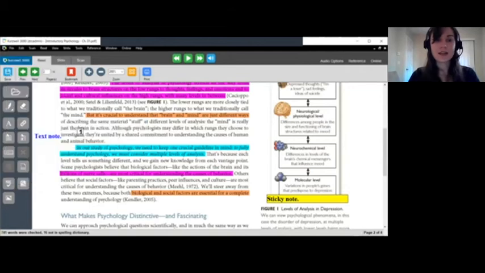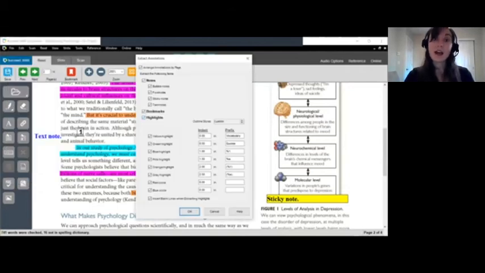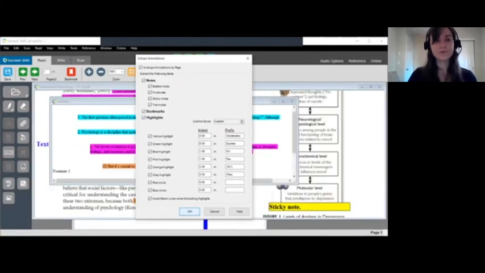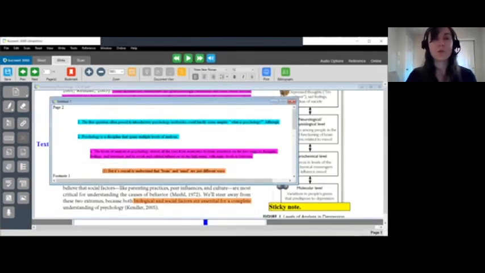Another option that you can do is if you go to the top toolbar, select File, Extract, you can extract your notes and highlights. I usually make sure that I have everything check marked in case there's any kind of note features that I used. And then I'll select OK at the bottom of the window. And then at this point, there will be a pop-up window that then has all of your highlights and notes all nice and organized for you in one little window. It also tells you the page numbers, which is really helpful.